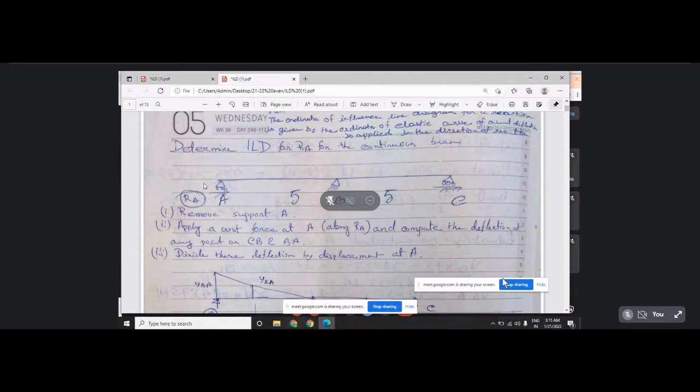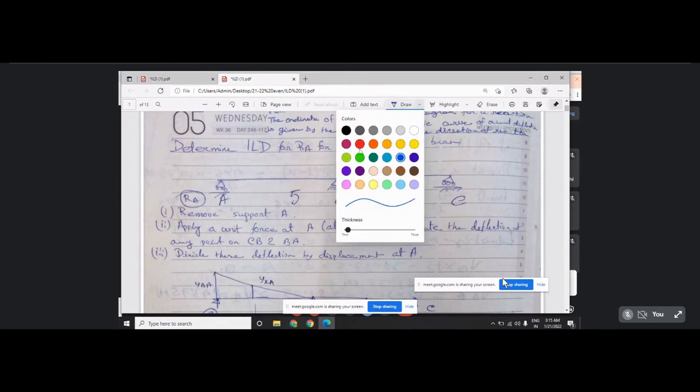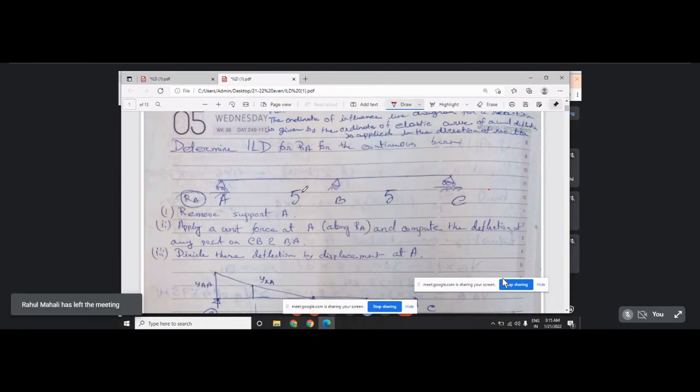Okay, so according to the Muller-Breslau principle, if you want to draw the influence line diagram of this beam, a three-span beam, this is actually an indeterminate beam. So you have to give a unit displacement here, and draw the deflected shape, and this will be your influence line diagram of RA. Now at each point interval, you have to determine the ordinates